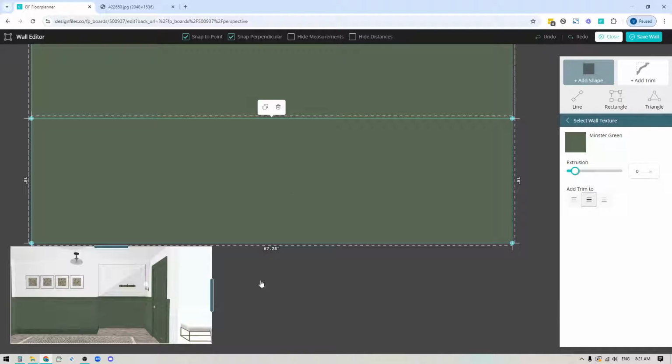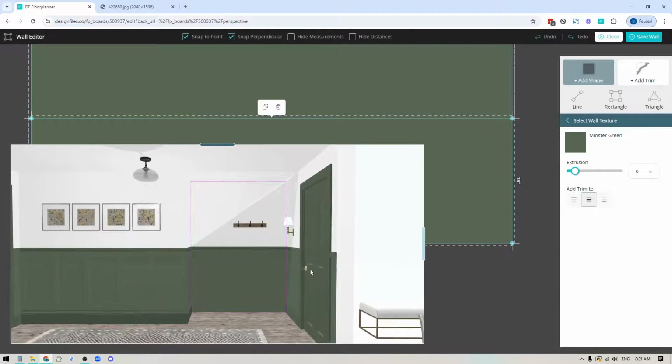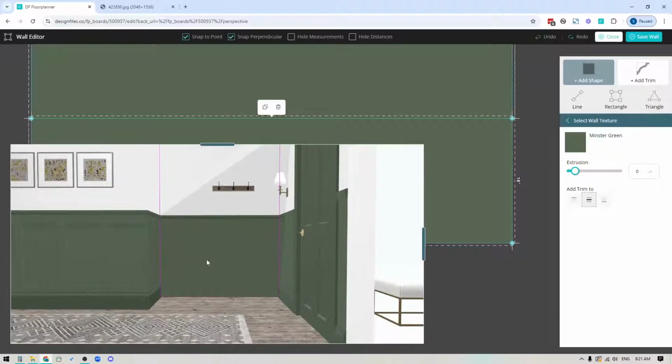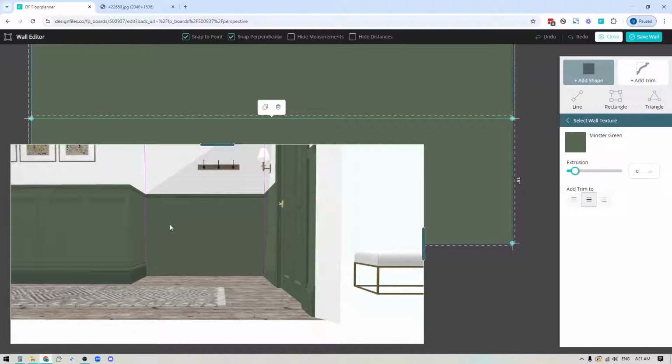The next thing that I need to do here is give this some depth. So again, I'm just going to zoom in here so you can see what's happening. This 3D previewer is really handy because it allows you to see how the changes you're making on the wall editor are going to affect your design in real time. So for this bench, I'm going to extrude it out 23 inches. And when I do that, you're going to see that it's going to bump out that section of the wall